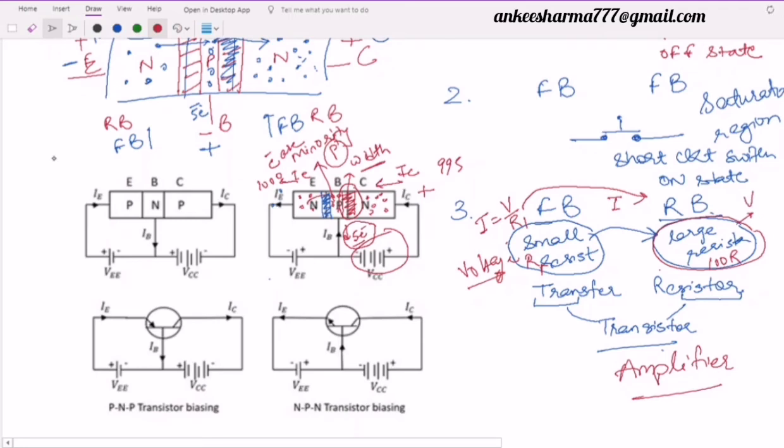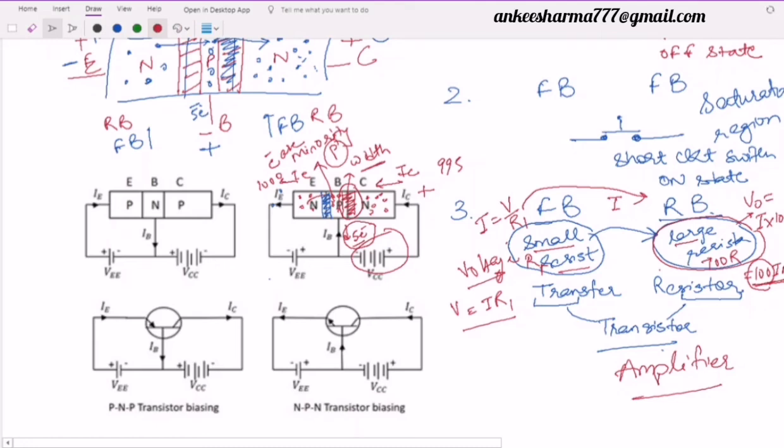Definitely the voltage that I will get at the output will be equal to current into resistance, that is 100 of R. So it will come out to be around 100 times of IR. You will see here at the input we have voltage equal to I into R. I will write here R1, I've used this R1, so I into R1. But at the output, what I got is 100 times of IR1. So this is the amplification factor 100. How does this amplification occur? Because of the transfer of the resistance. In the input side, we have small resistance, but at the output side, we have large resistance.